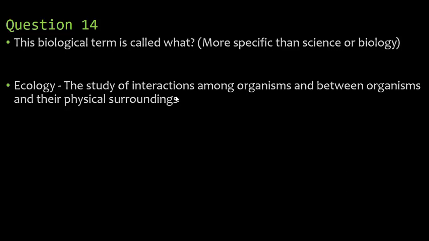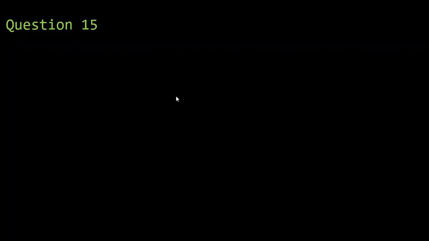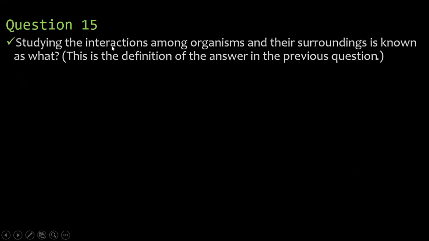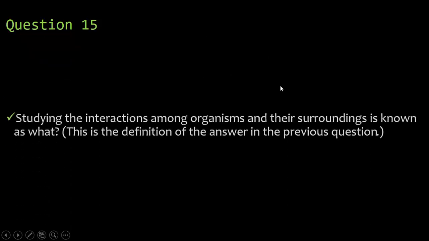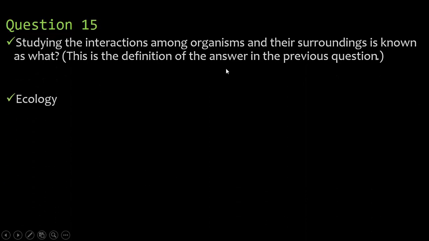The reason you don't need to write that definition down is when you flip to 15, it's right here. The interactions among organisms and their surroundings is known as what? And that is ecology. Now, we've checked this off here, and you definitely need to know the definition right here, the study of interactions among organisms, which we have right here. You need to know that